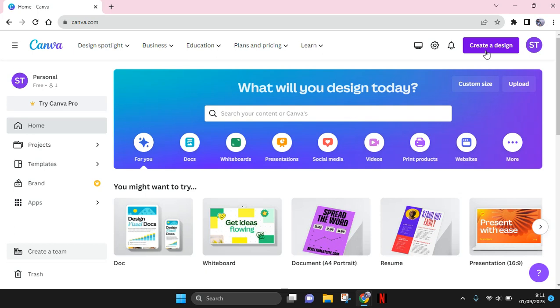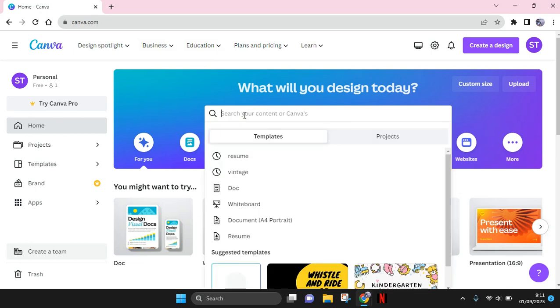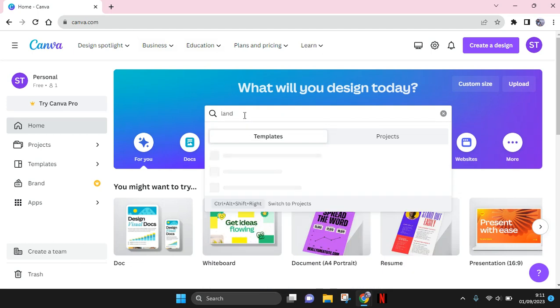In this video, I'm gonna show you how you can create a landscape poster in Canva. So here I'm going to show you the quick way on creating a landscape poster. So the first thing that you need to do is just search for the poster templates in Canva. So open your canva.com and then here on the search column, just type in landscape